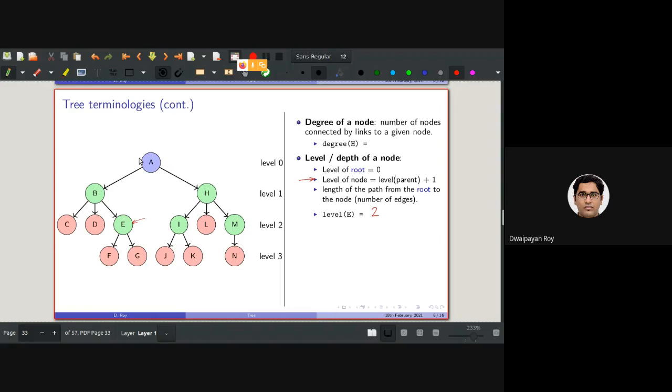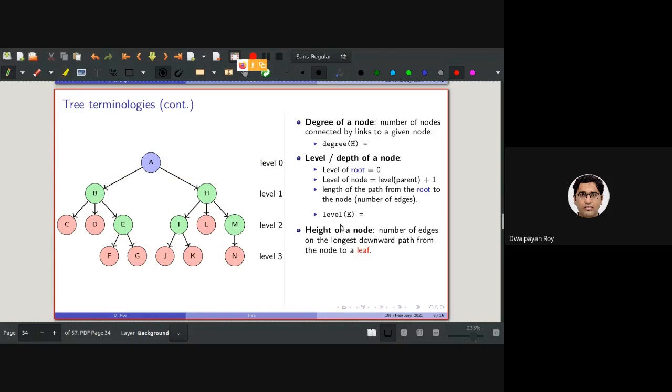So this will have level 1 and this will have level 2. All the nodes in this portion will have level 0. All the nodes in this portion will have level 1. All the nodes in this portion will have level 2 and so on. All right.